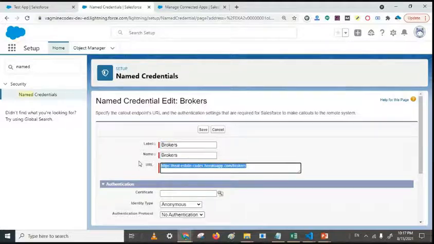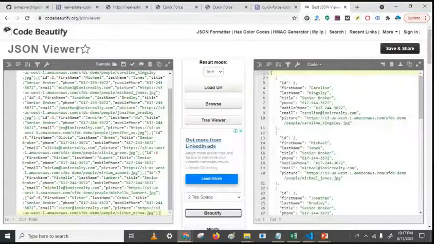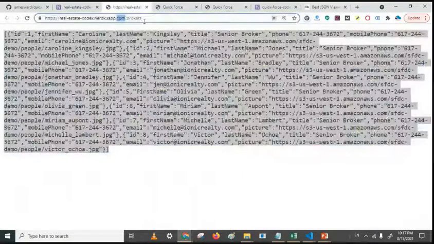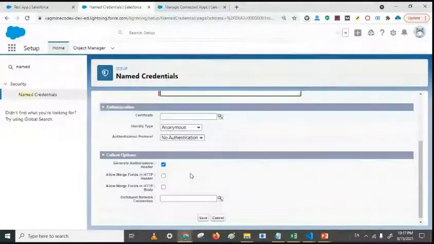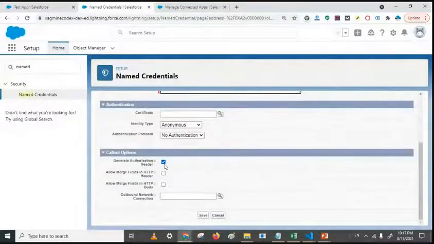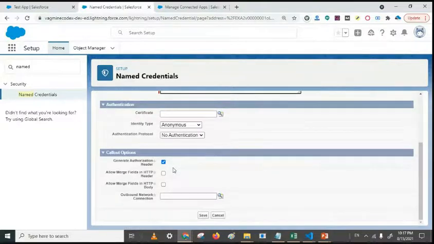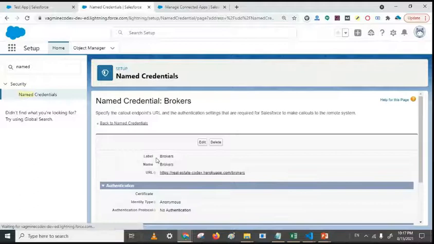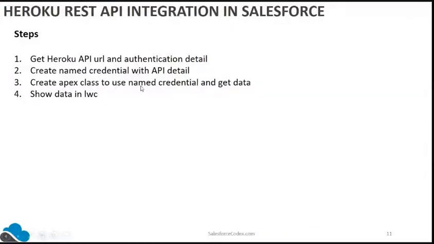This is the API URL which we just hit. This is the URL I have put in the named credential, and after that, just generate the authorization header setting. Other than this, I have not set up anything in the named credential. Done. After that, we create an Apex class to use the named credential.